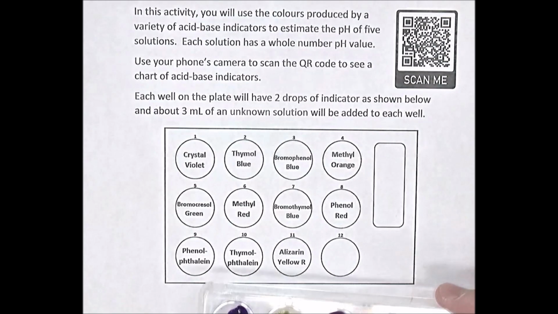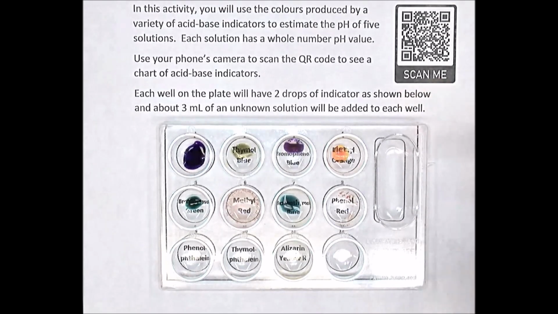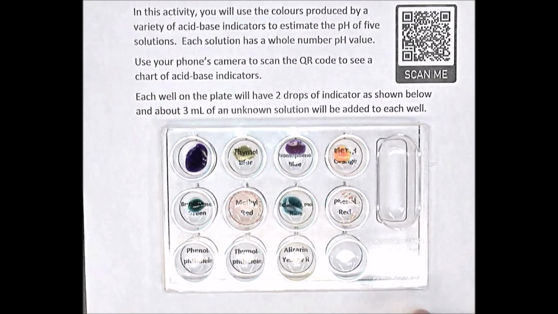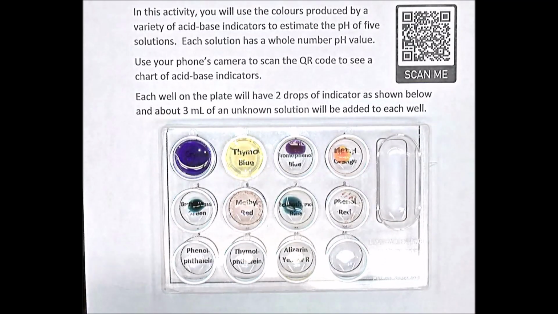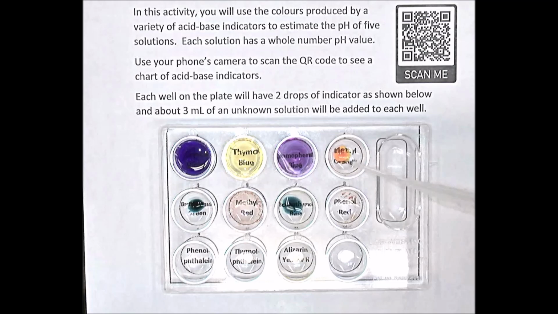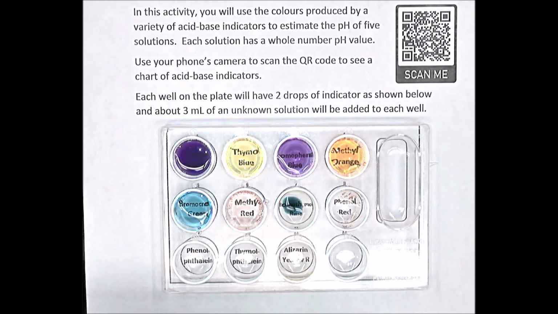So I've got a well plate already prepared, and in this well plate I've put 3 or 4 drops of each of those indicators into the appropriate wells. And now I'm going to take a solution of unknown pH, and we're going to put a few milliliters, 3 or 4 milliliters of this unknown solution into each of those wells. So I'm going to squirt a few milliliters in each well, and from the colors that you observe as we add this, you're going to try to interpret the color chart that you were seeing and estimate the pH of